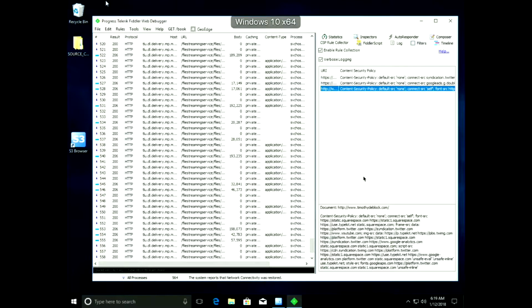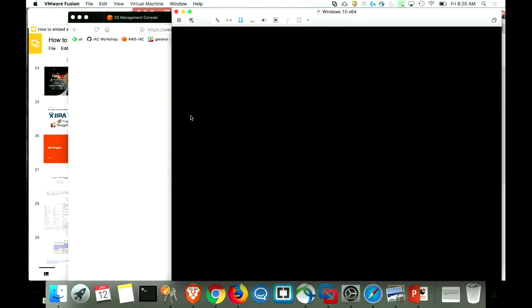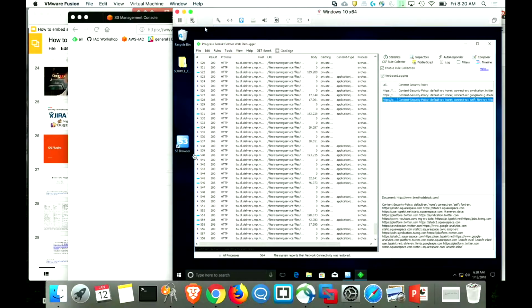And as you can see here, Fiddler is, I guess, more of an advanced developer tools for Chrome. So this is a proxy that you set up a lot of the same way. It has some plugins, and in this one I have the CSP rule collector. So if you guys were in here for the beginning, right before my talk, I showed you how to do the Harlem Shake on websites. This will go through your website, and it'll show you what rules you need to put in place. There's still some testing that needs to go along here with this, but this is a great way if you're looking to set up content security policy on your site. It's a great way to use Fiddler in this plugin for that. CSP rule collector.